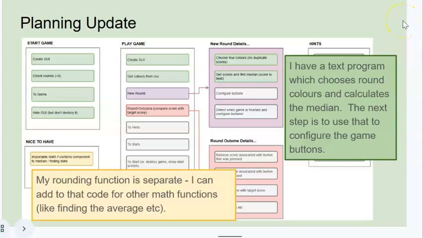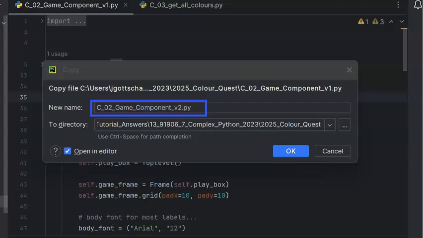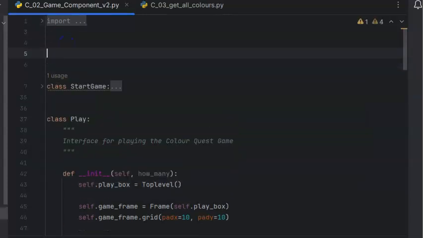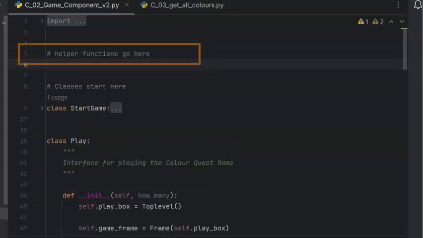Our next step is to use the code that we've just developed to configure our color round buttons. To integrate this component, please save your game component version 1 as game component version 2. We can put the code that retrieves the colors above our classes, as this is a static helper function. Please put in a comment,